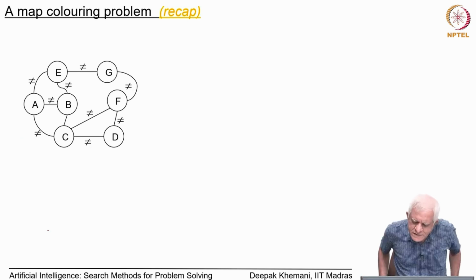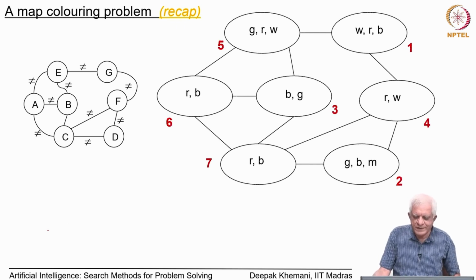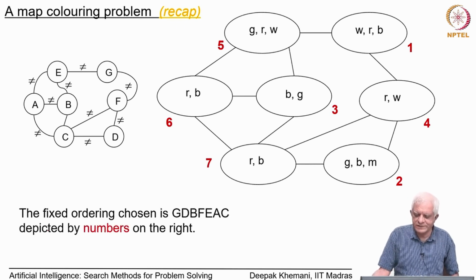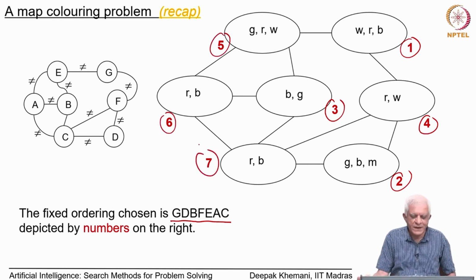So, let us see this in action. We have this map coloring problem that we talked about earlier. We have a chosen order which is G first, D then B, F, E, A, C, shown in red colors here: first, second, third, fourth, fifth, sixth, seventh. So, we are going to consider those variables in this order, and we want to see how forward checking will